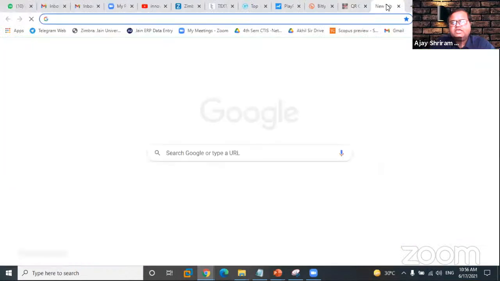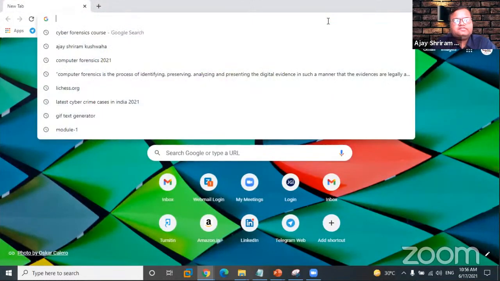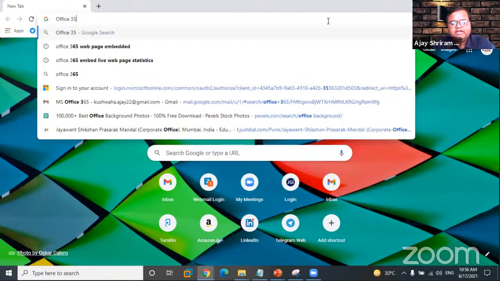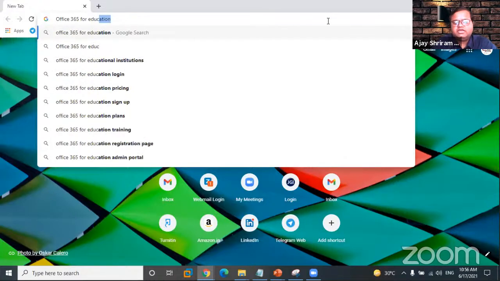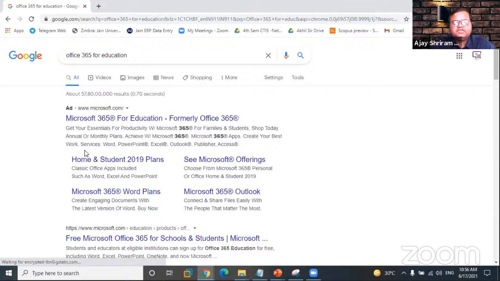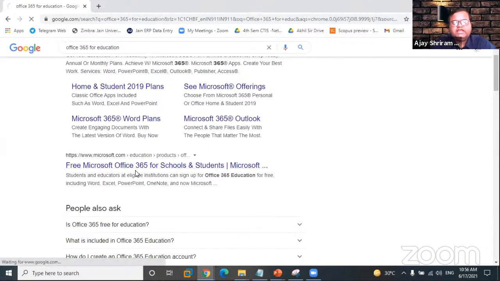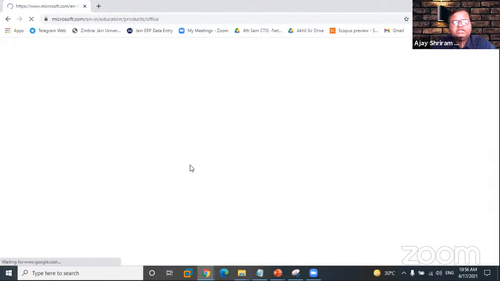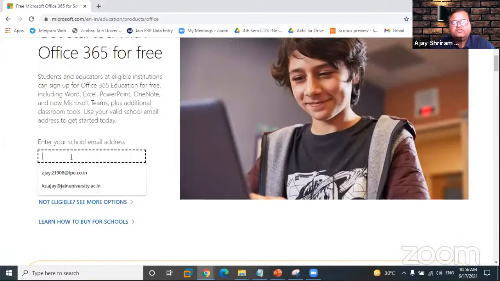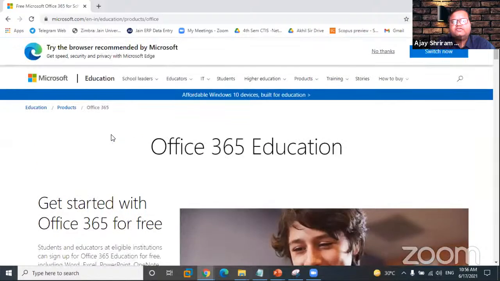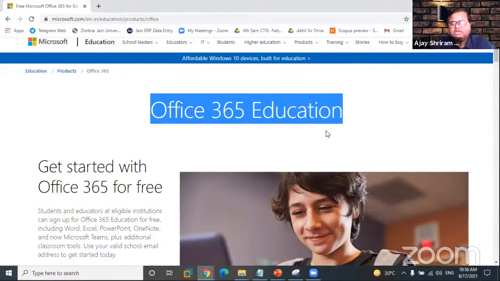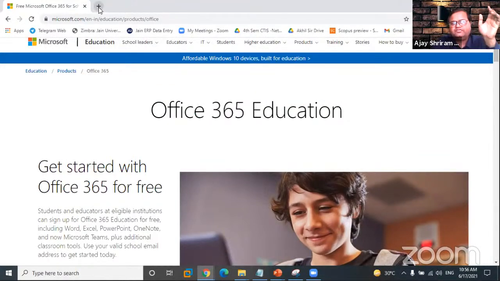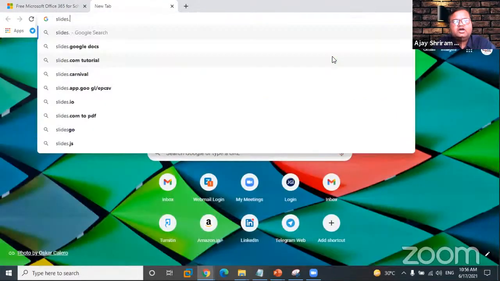Yeah. So if people feel that, sir, Office is a part of Microsoft, and what if I want to use Office 365 for education? If we have an educational institute, we can go for it. So there is a free Microsoft Office 365 for schools and students. So you can register your profile. You have to enter your official ID over here, and then you can get the free license of it. So you don't have to pay. The only thing is that you have to download Office 365. The reason I'm telling you is that most of us feel that working on the slides or